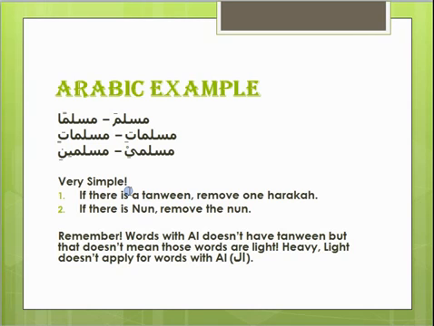Now remember that for words with al, like al-muslimu, al-muslima, when there is an al in any word, there will never be any tanwin. It's a system of Arabic. If you have done any recitation courses, where you study tajweed, you know that al and tanwin don't go together. So does that mean that those words are light? No. When there's an al in a word, you don't say it's heavy, you don't say it's light. It doesn't fall in any category. You just ignore it, and it's not necessary to know if it is heavy or light.